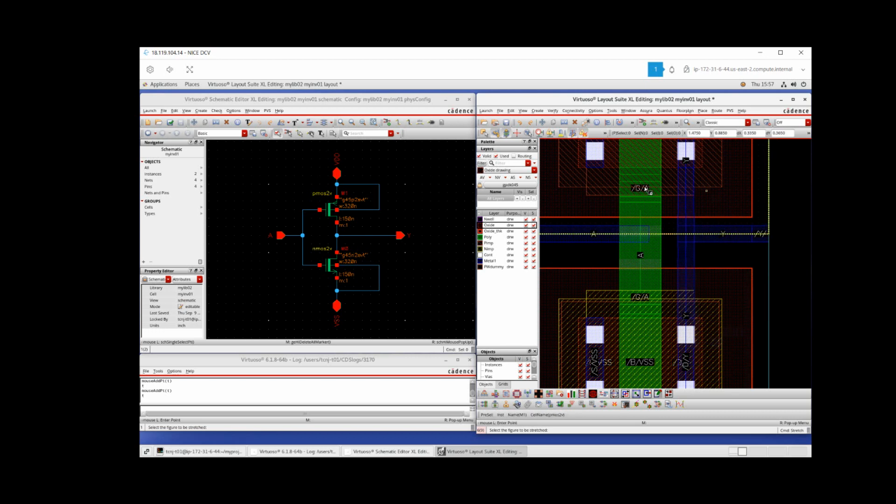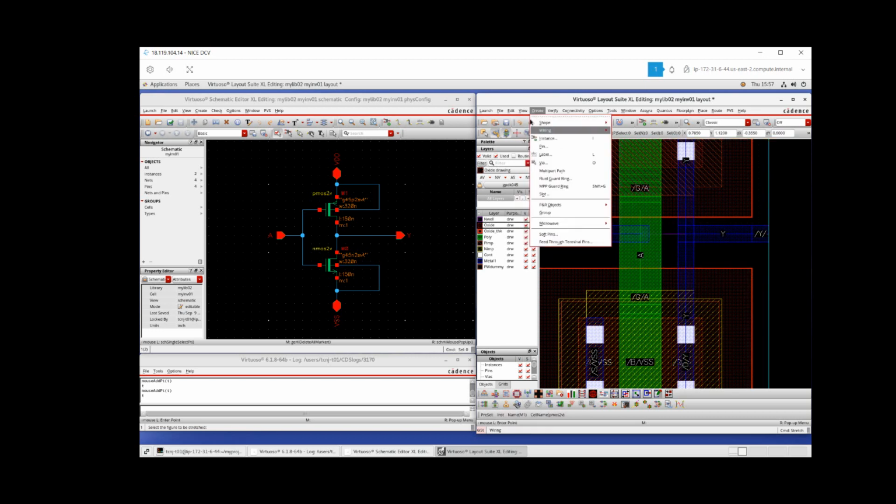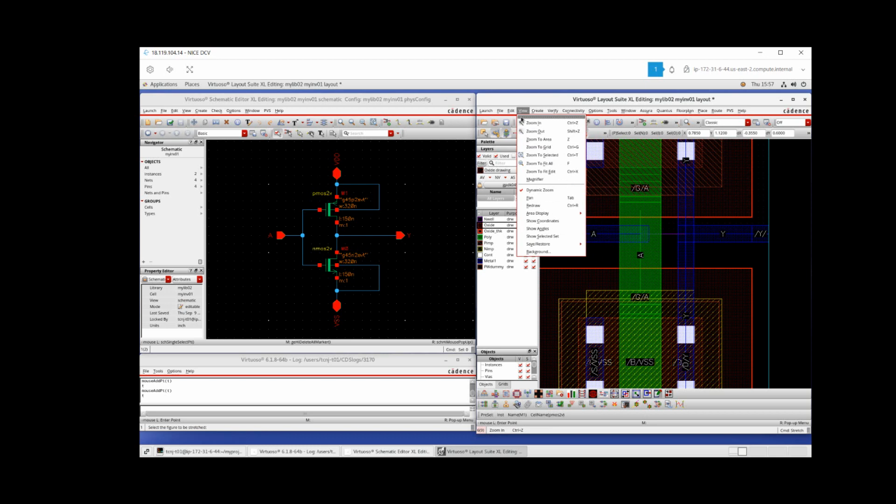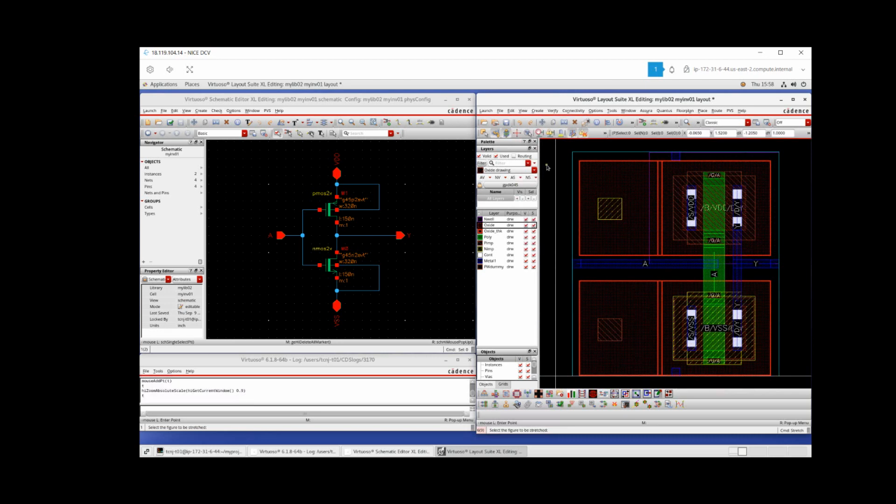So now I have the two gates tied in poly, and I'm going to go back to